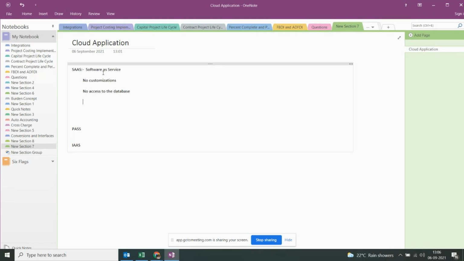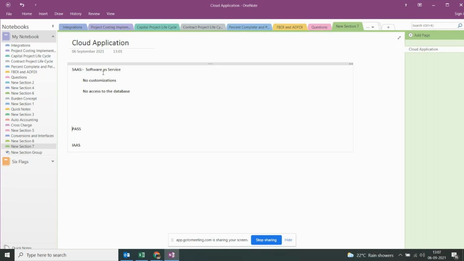We don't have the right or the options to add customizations to the software. Whatever software he has given, we have to use the software and its underlying functionalities. That's it. So here, no database, no customizations, nothing.